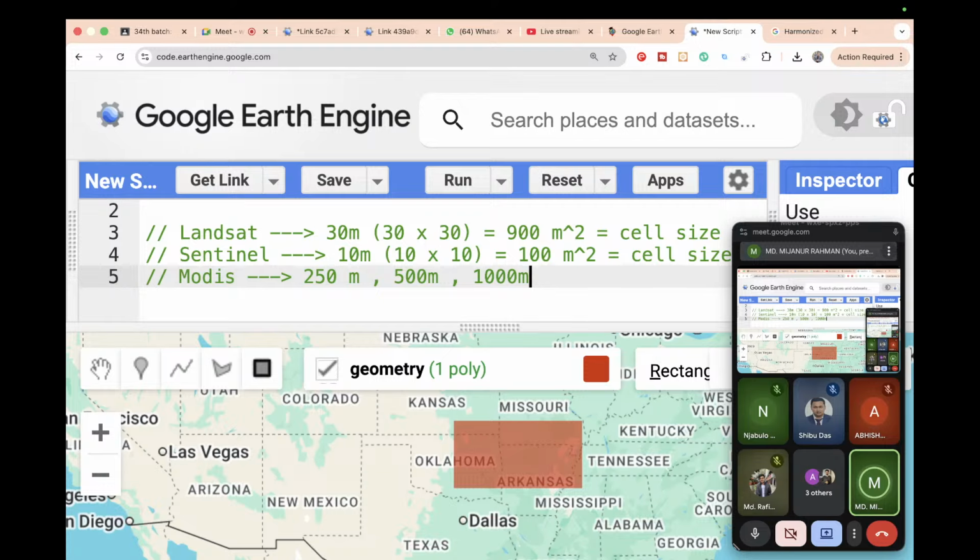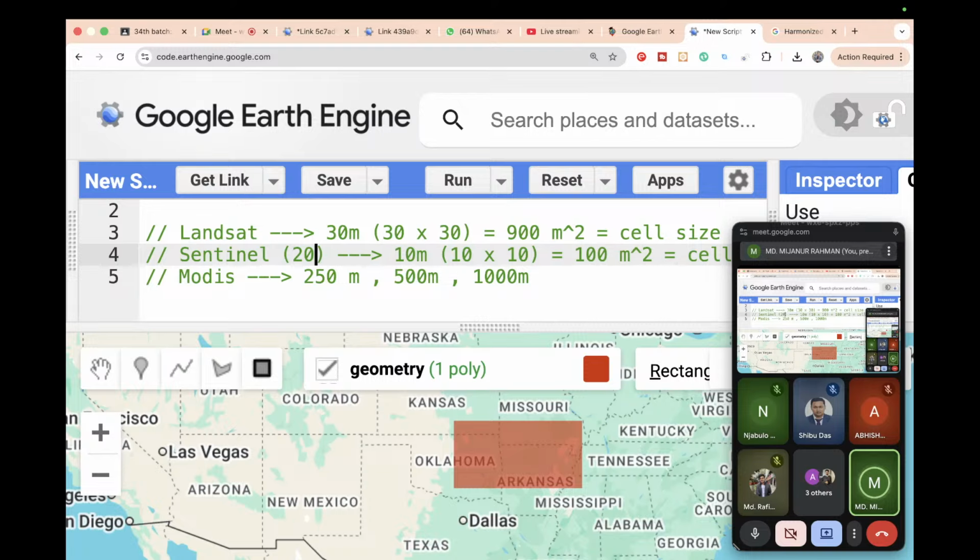From this we can get one idea. When you work with a small study area, suppose I have only a very small study area, not a very big study area, then it is better to use the free Sentinel-2. So for a small study area, try to use Sentinel. But when you work with a big study area, you can also use Landsat, no problem. But Sentinel has another limitation, because Sentinel is available from